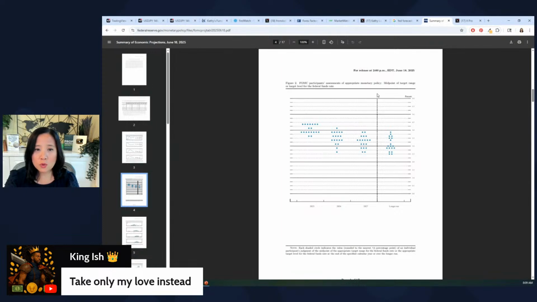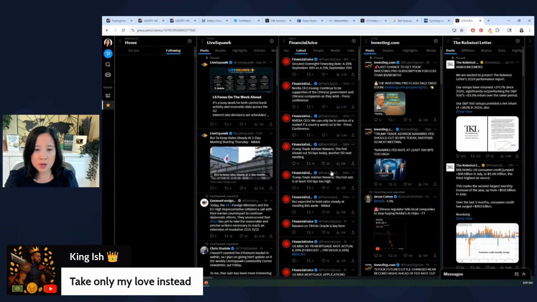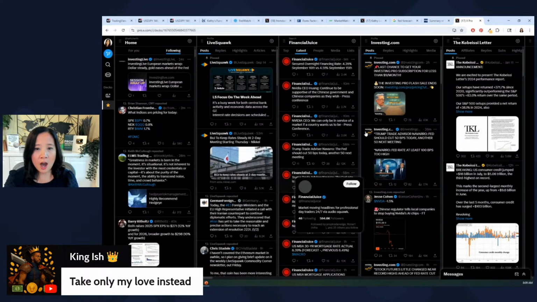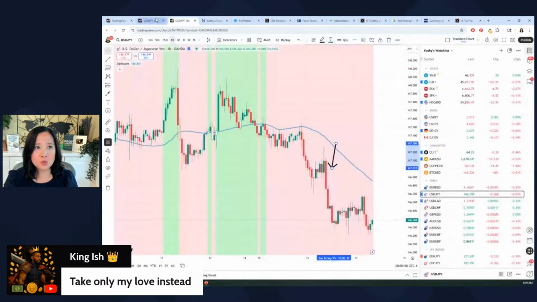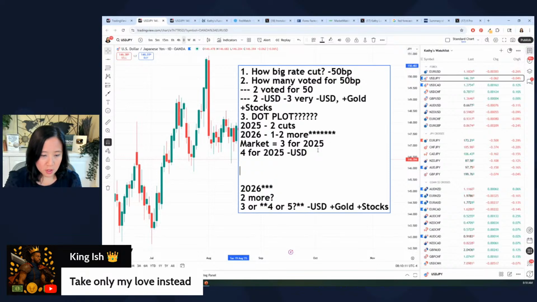So the dot plot is the third thing that you have to watch. It's going to be summarized for you on Financial Juice. They're going to say pretty quickly that the market is pricing in X number of rate cuts in 2026. That's what we care about: how many rate cuts do we get in 2026? That's really the number one question here. And then number 4, the fourth thing we're going to watch is, of course, Powell's